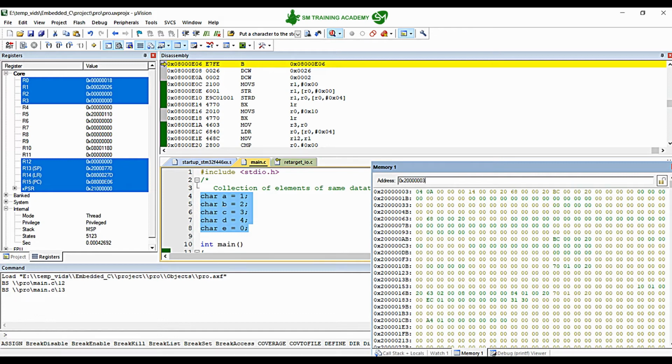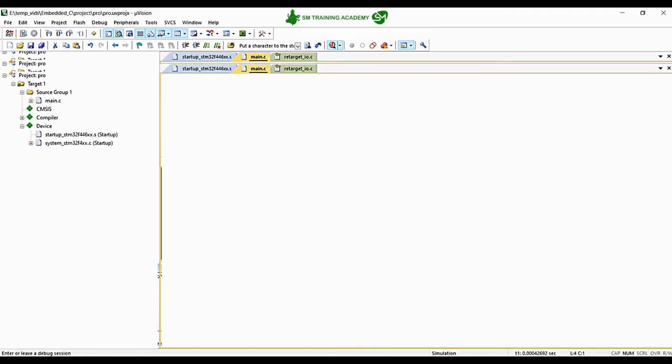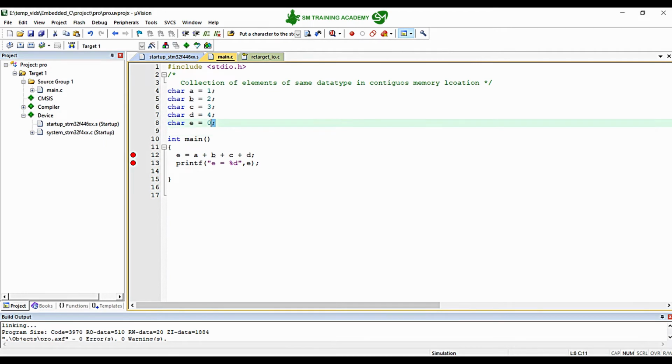When I move to next, it will be d, and when I move to next, it will be e. So it may not be, or it doesn't have any restriction that it must be available in consequent memory location or contiguous memory location. So this is a point. And also, instead of using various other names for a particular process, you can define an array of so and so amount of variables, so that each element of the array will correspond to a particular variable. The syntax for declaring an array is